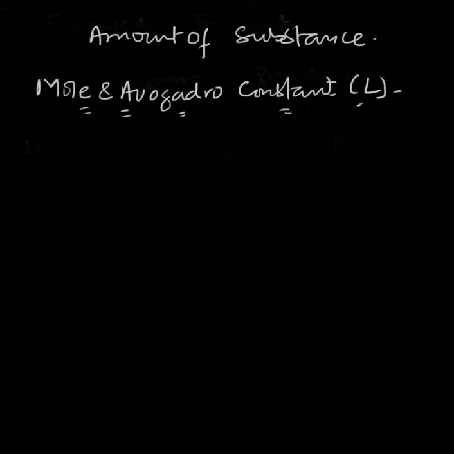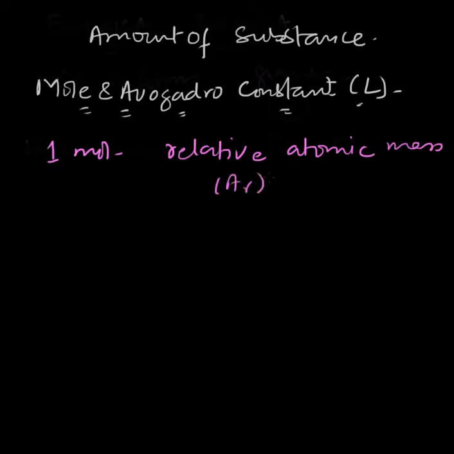Okay, so first of all, the definition. Now, what is 1 mole? Now, definition has been asked as well in the past papers. So, what is 1 mole? Basically, 1 mole of an element or compound is its relative atomic mass, right? Don't forget to use this term, relative atomic mass, Ar, as denoted by this symbol, or relative molecular mass, Mr, expressed in grams, right?